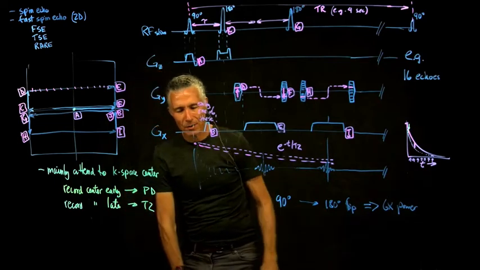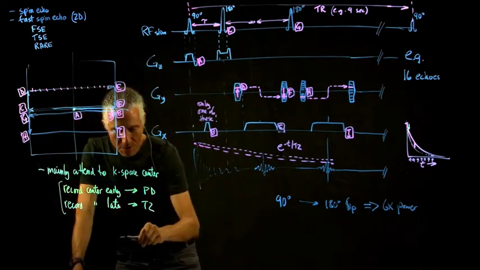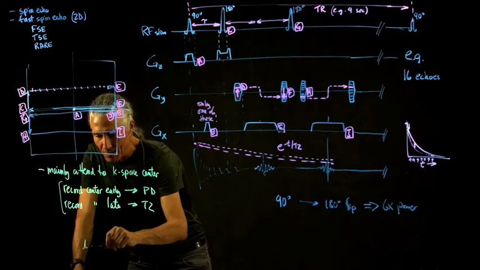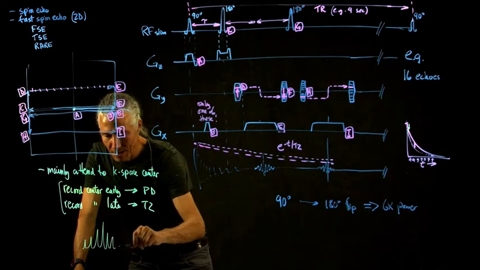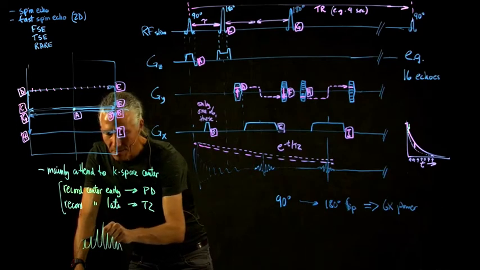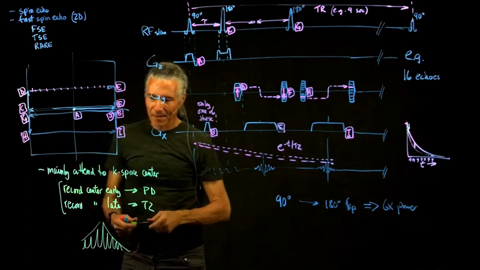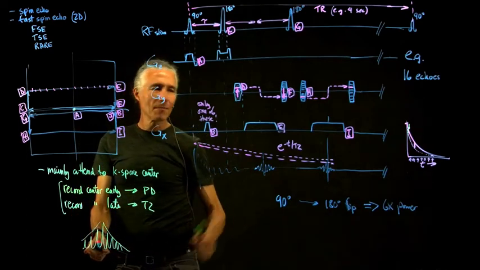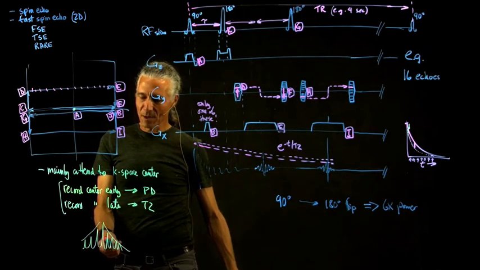So sometimes if you look in textbooks, you might see something where they show you the amplitude of the echoes. I remember when I first looked at this, I said, how could that be? And they would show the echoes going up and then going down. And that didn't make sense. But what that comes from, the different echoes, these different echoes here, how you could do something like this is just record the center of k-space